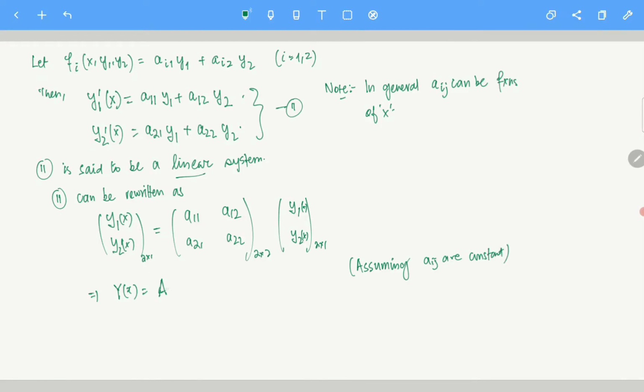Let's call that matrix A. So A times y prime, and that's your y of x. Clear? A does not have to be constant; A can be a function, and in that case you can just write